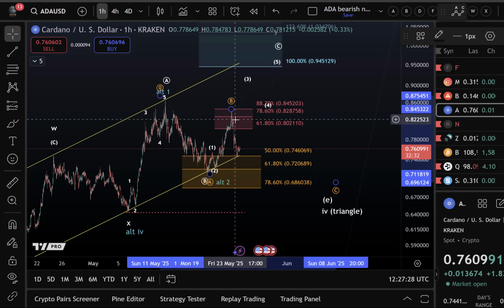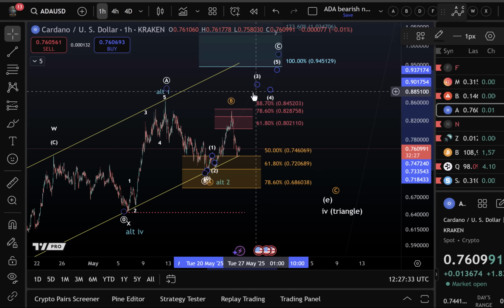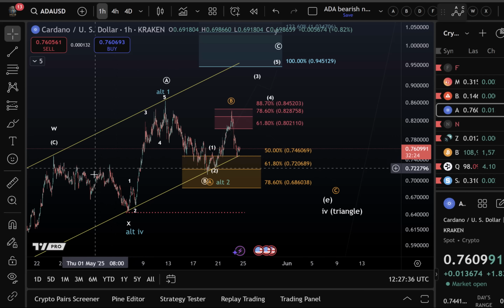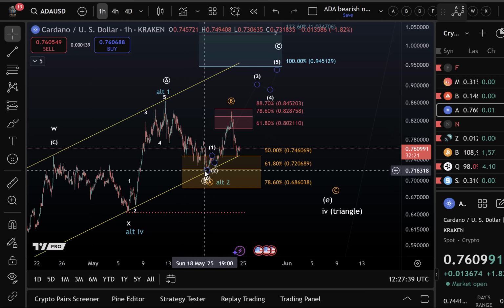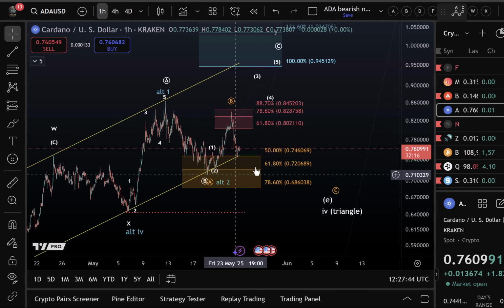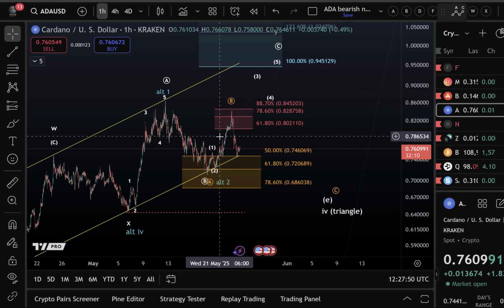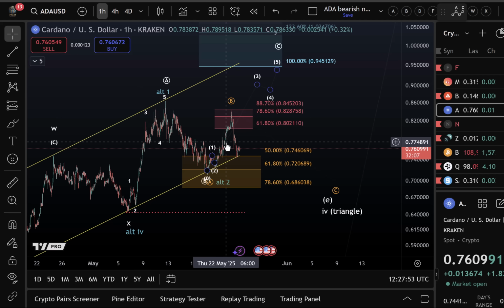The question is always, does this change structure at all? I mean, I would say both scenarios remain relevant, okay? Because if you look at the chart, we have not broken below any previous low, and we have not broken above any previous high. So we remain caught in this range between previous highs and above previous lows. And the parameters are being respected. So we're just playing, I don't know, pinball, ping pong. No. So it's just up and down at the moment. And again, this keeps both scenarios we discussed alive.